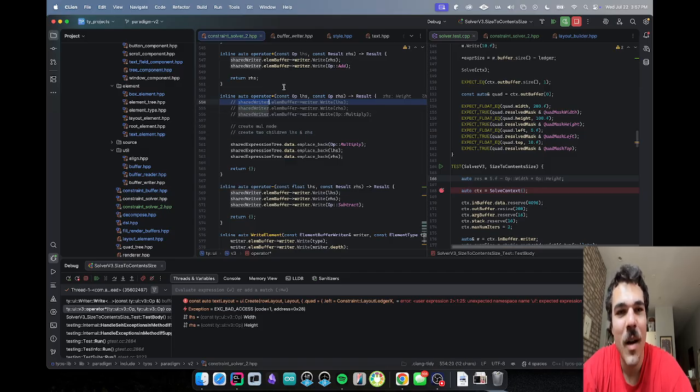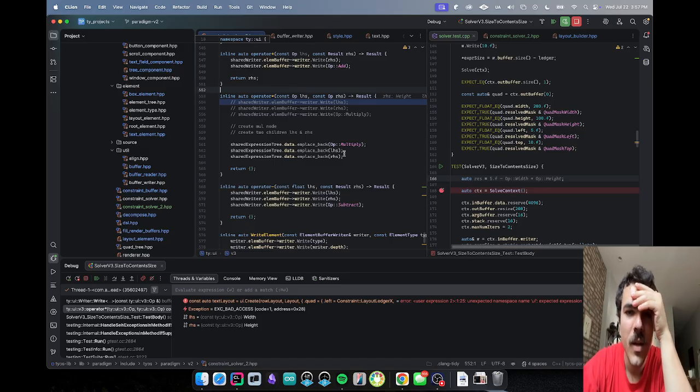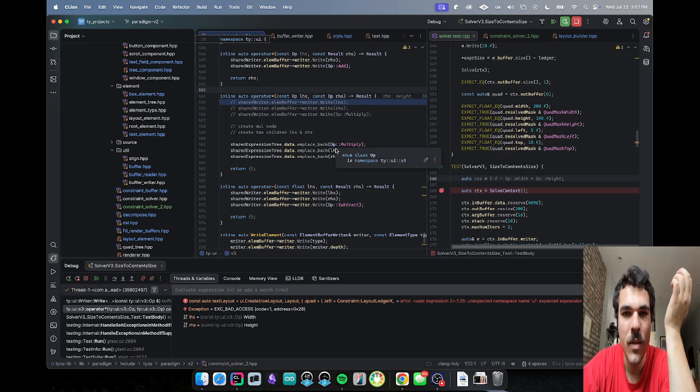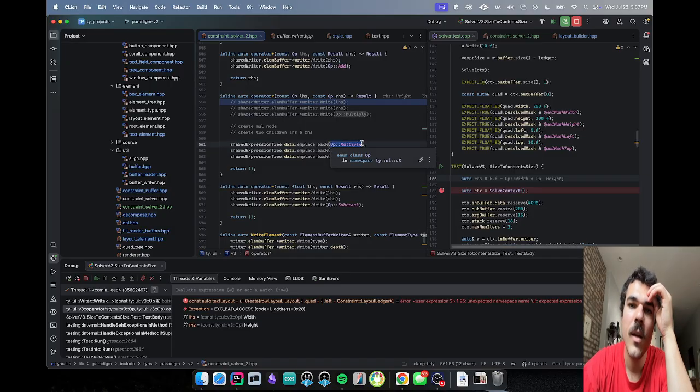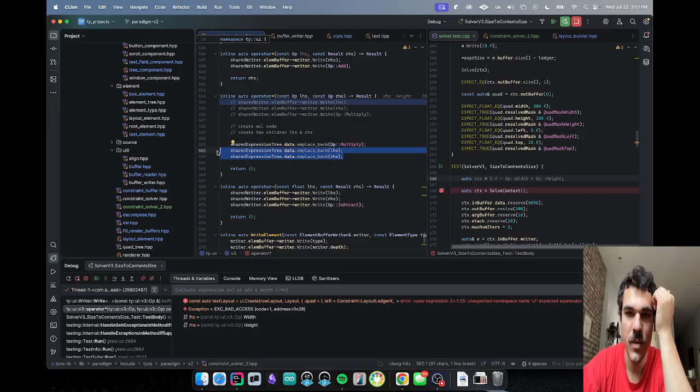Okay. Why am I blanking on this? Okay. So I need to create, I need children. I need this. Well, I basically create a node and then add. This is the data. Well,